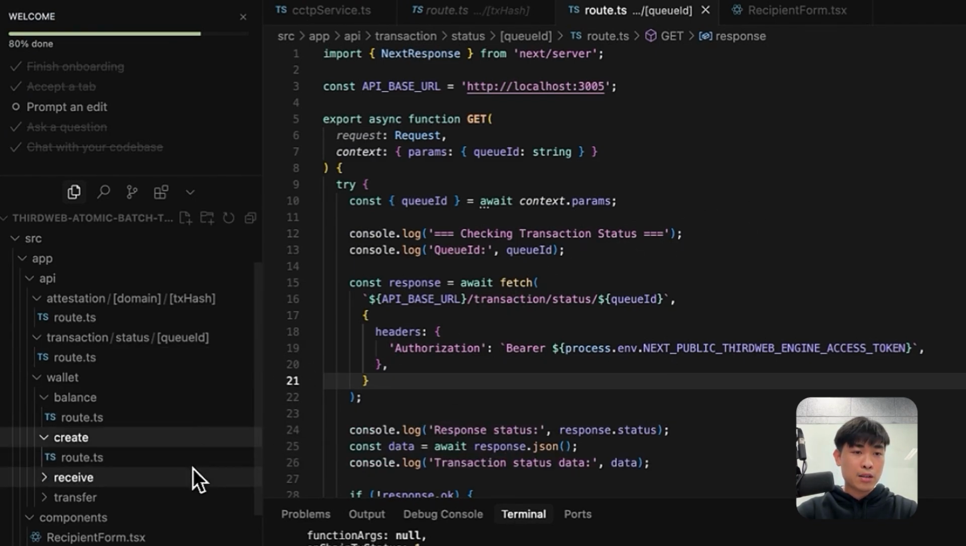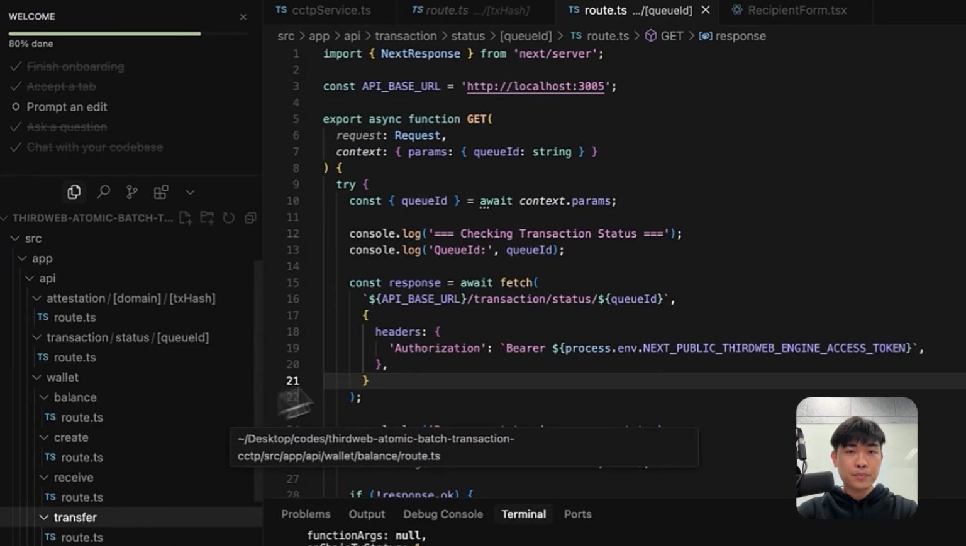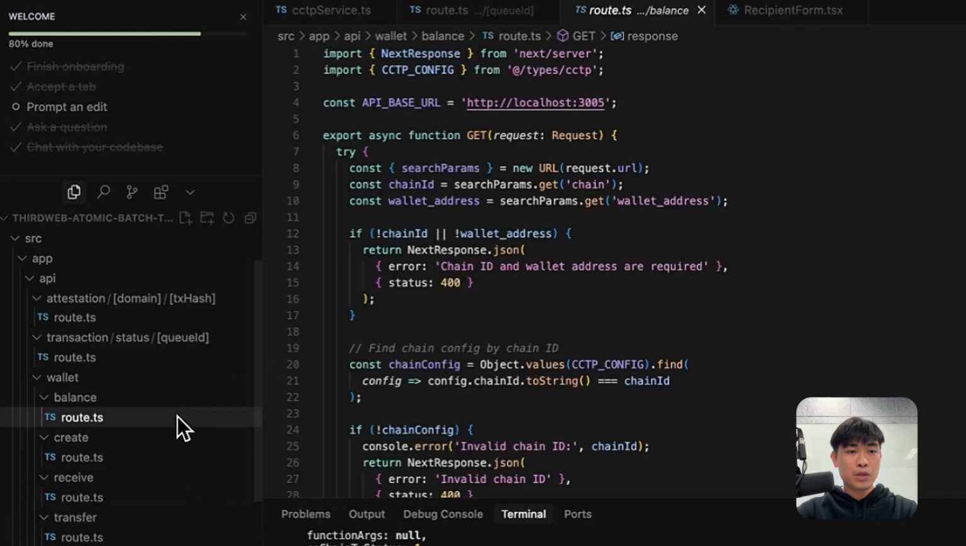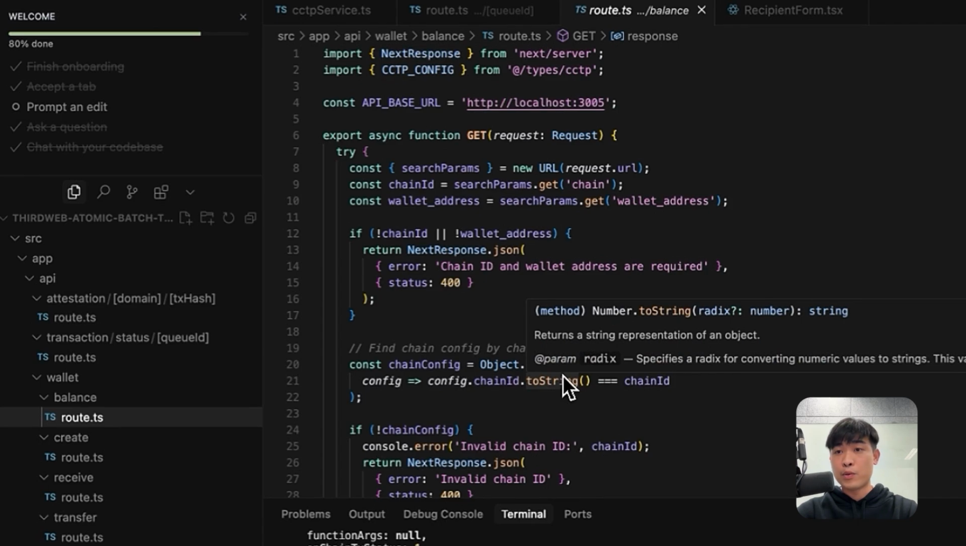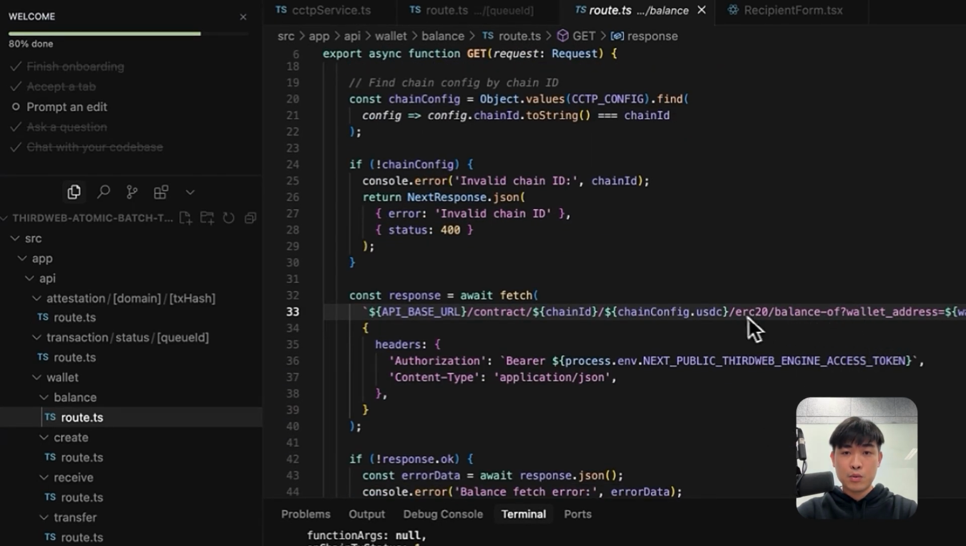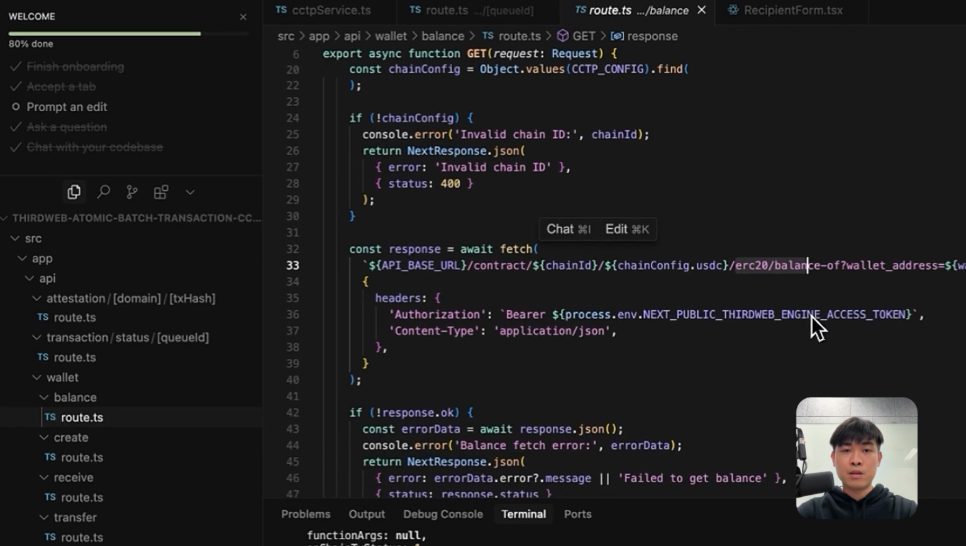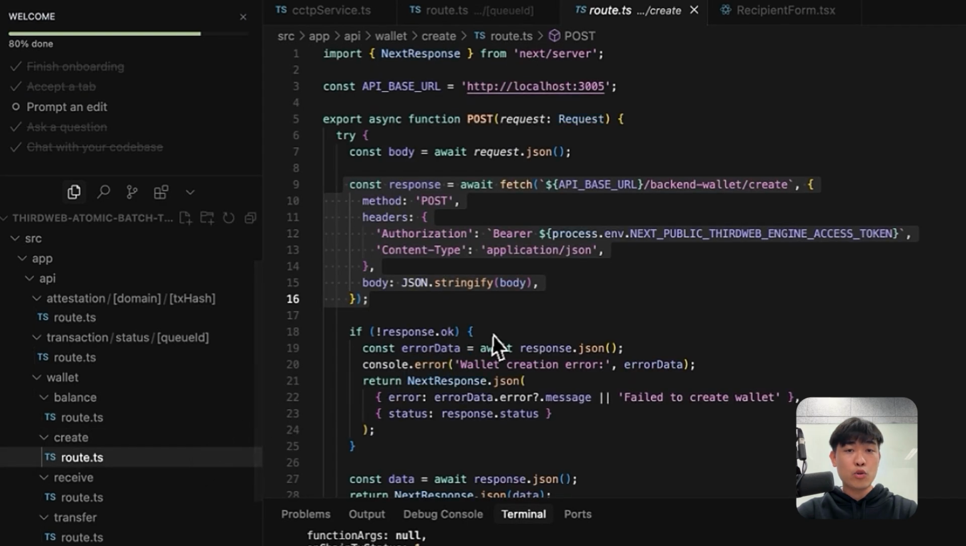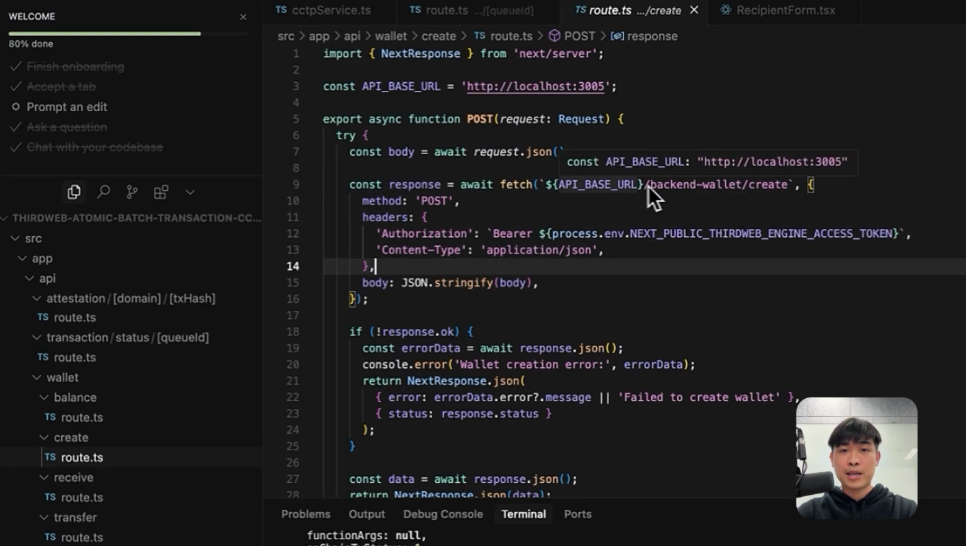You can see a bunch of other calls here where inside you can call the balance, and that's what happens whenever we click refresh. We're calling the API endpoint. You can see we are calling the respective USDC on the respective chain. These are all dynamic with respect to the wallet address, and return the amount of USDC and show it on the front end. In here is how you can create smart Circle wallets through Thirdweb Engine by calling the endpoint backend-wallet